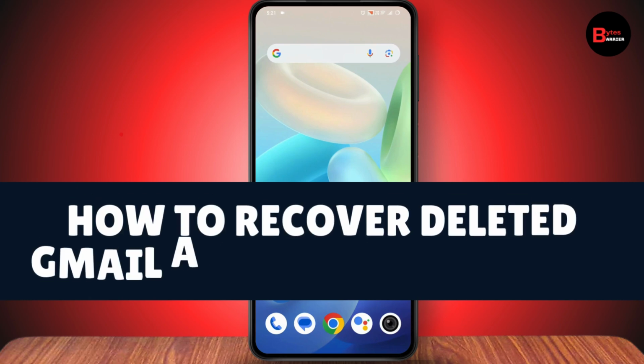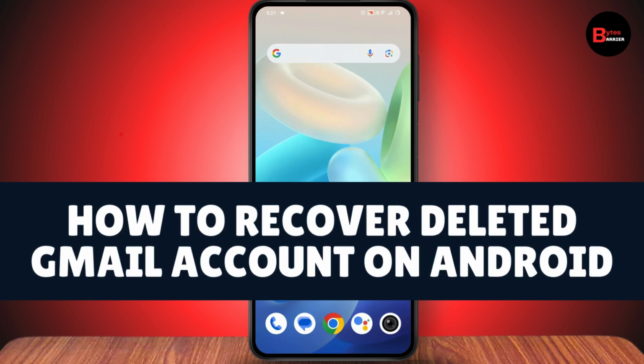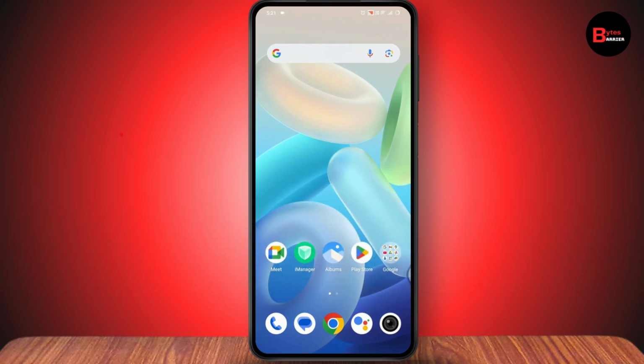How to recover deleted Gmail account on Android. So if you want to recover a deleted Gmail account on your Android, then what you need to do is